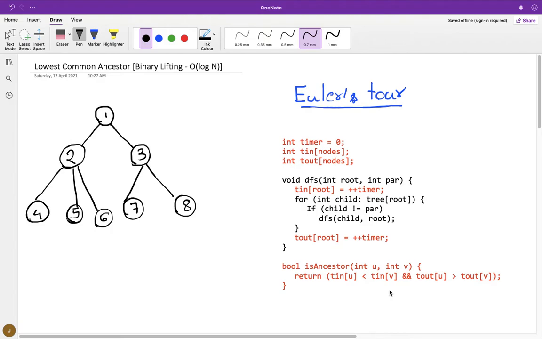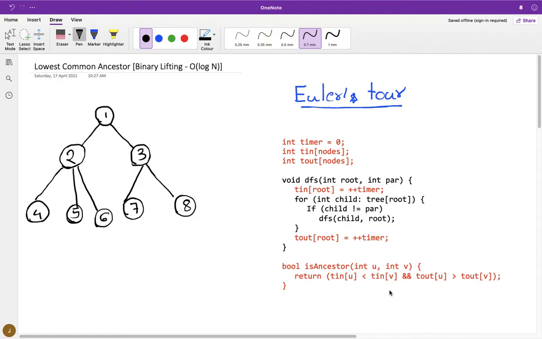Also, before starting this video, I have to mention one thing very clearly: if you have to find LCA between two nodes only once, then you need to learn the previous approach, because that works in big O of n time. But if you have multiple queries to find LCA, or something regarding LCA, then the approach we are going to learn today is a better approach, because it takes big O of n log n processing time and big O of log n time for answering each query. But if you have to find LCA once, then you can use the naive approach, which will be big O of n.